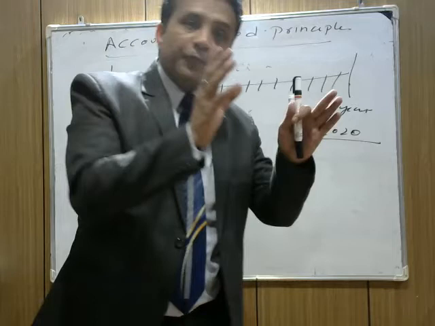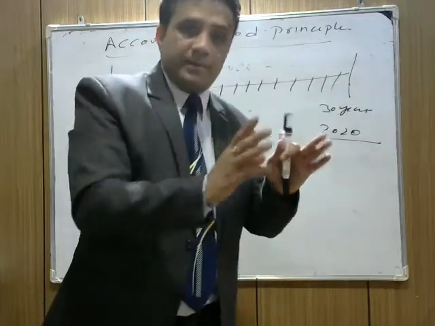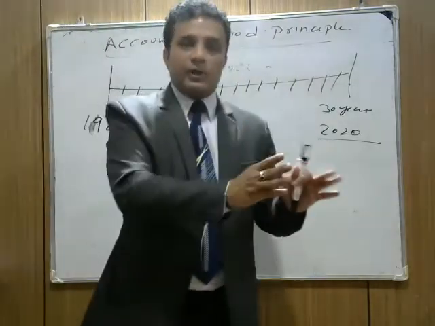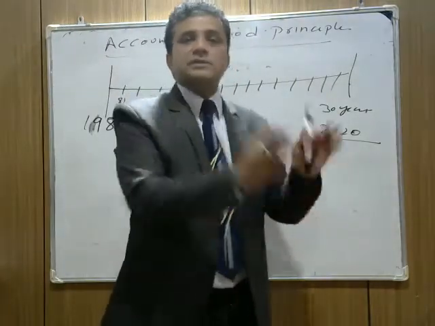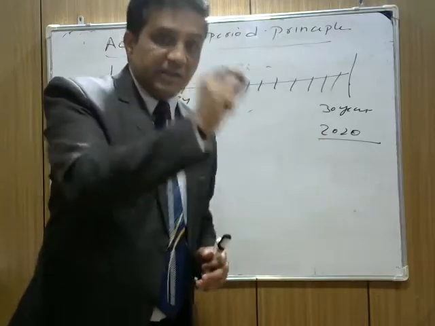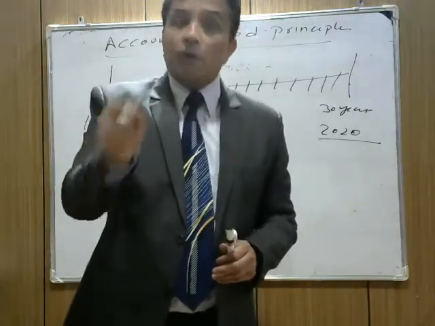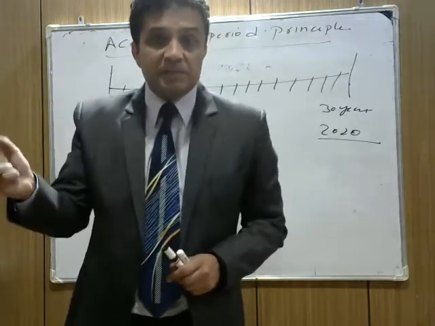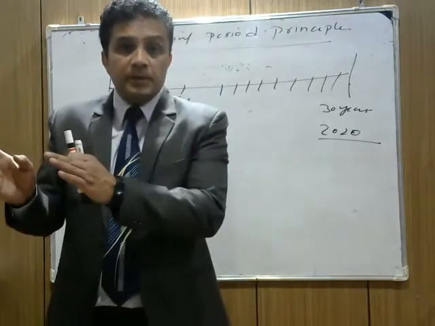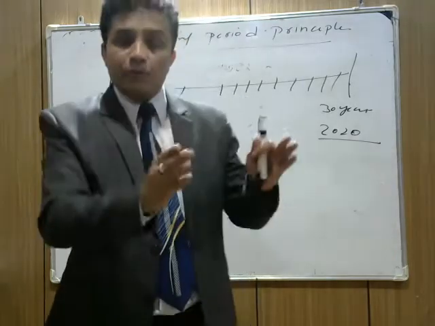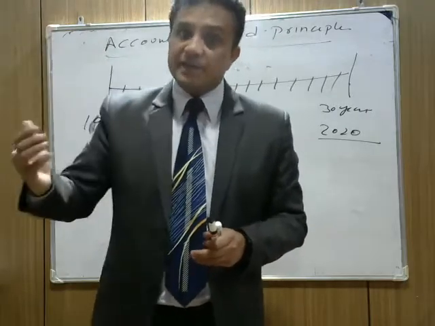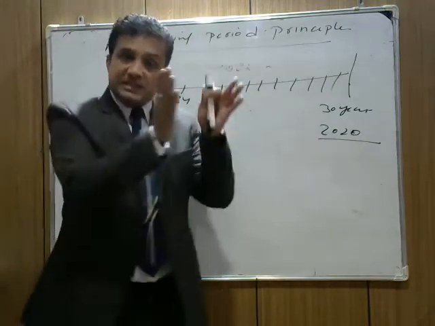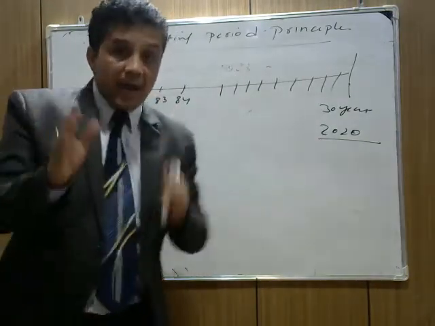So this is divided into smaller periods so that we can understand the books of account. The accounting period is usually a period of 1 year. That 1 year will be a financial year or a calendar year. It's not compulsory, meaning you can maintain the accounts from 1st April only, but generally businesses do so. Any year of 12 months. However, for tax purposes, the accounting period should be a financial year, starting from 1st April and ending on 31st March next year. Is it clear now? I hope you understand.